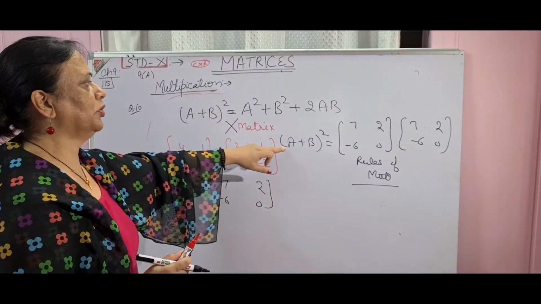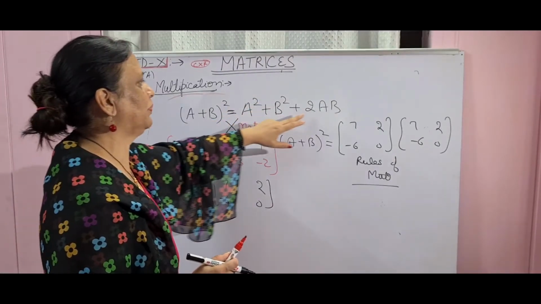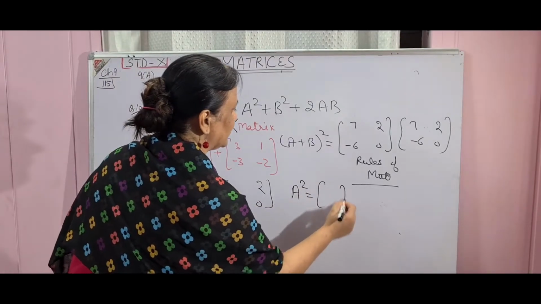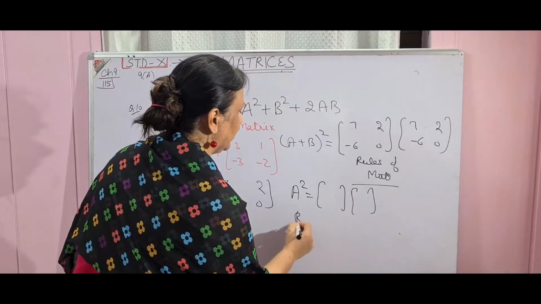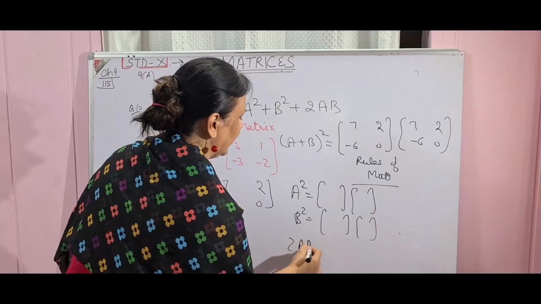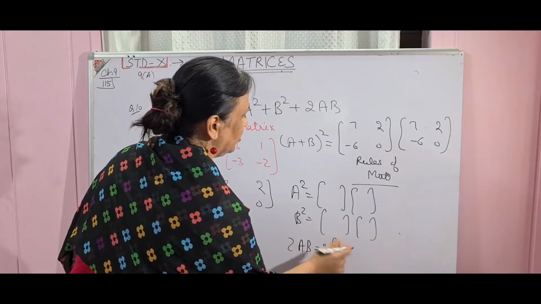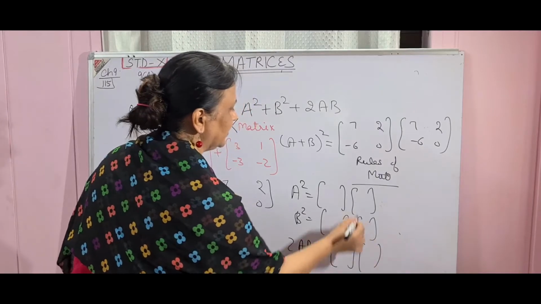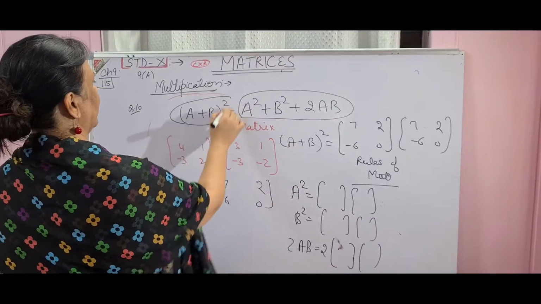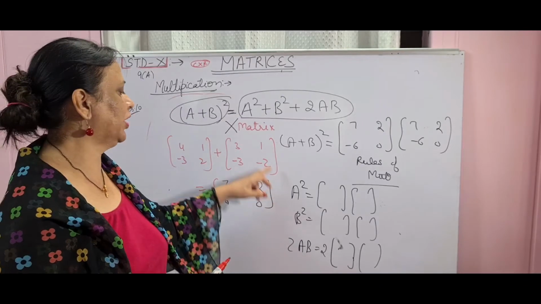Now if you want to verify what I have written in the right hand side, I have written a square plus b square plus 2ab. That means first you will find a square, write a 2 times, find the answer. B square, write b 2 times, find the answer. Then 2ab, write 2 outside the bracket, you write a, you write b. All the three things you got, then you do the addition. And when you find the answer, it will never be equal. You will never find (a plus b) whole square is equal to a square plus b square plus 2ab.